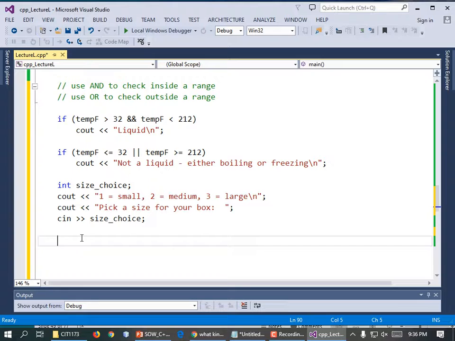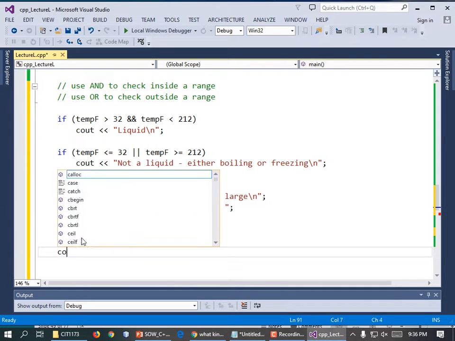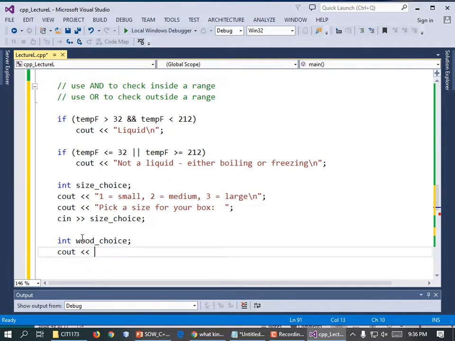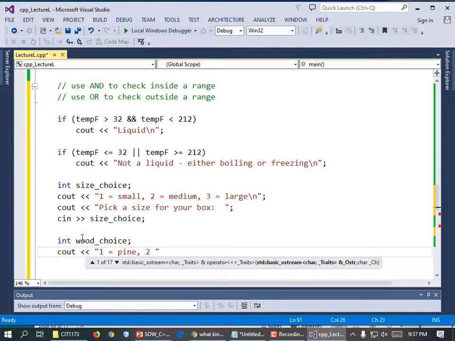We're going to say that oak is expensive and pine is not. So mahogany is expensive. Yeah, okay. So int wood_choice; cout << "1 = pine, 2 = oak, 3 = mahogany\n";